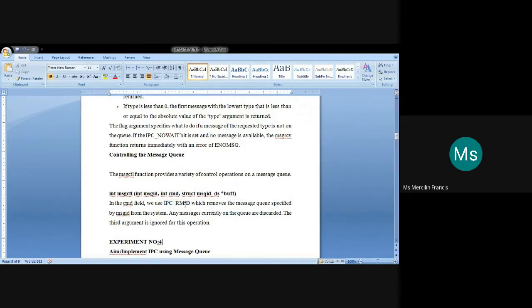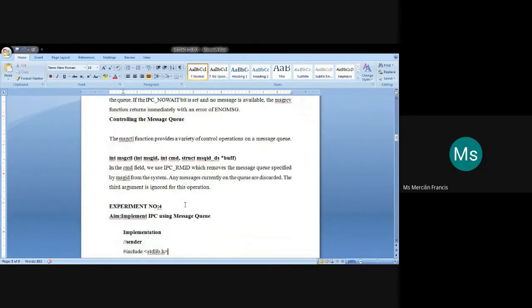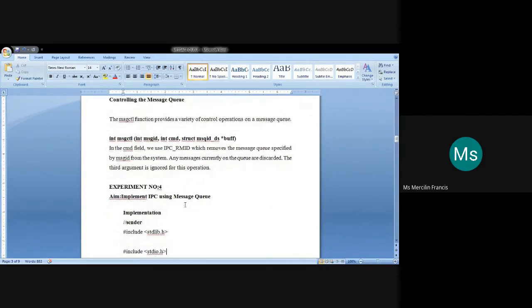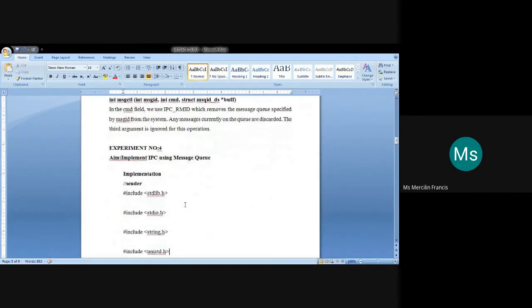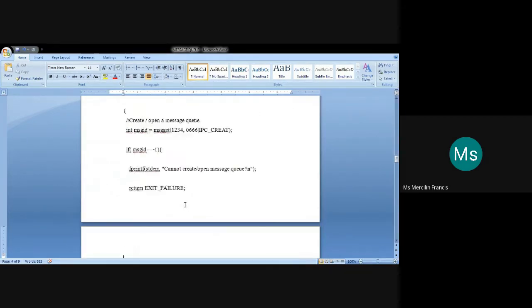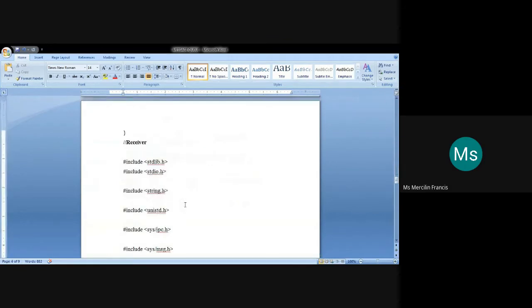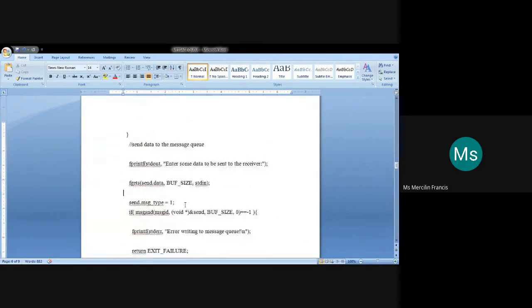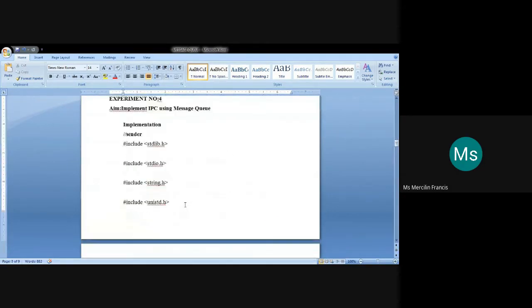Okay, so here we are going to see one example which performs interprocess communication using message queue. Here we will be making use of sender and receiver. In 2 separate windows we will be entering the program. Sender and receiver programs you need to write.